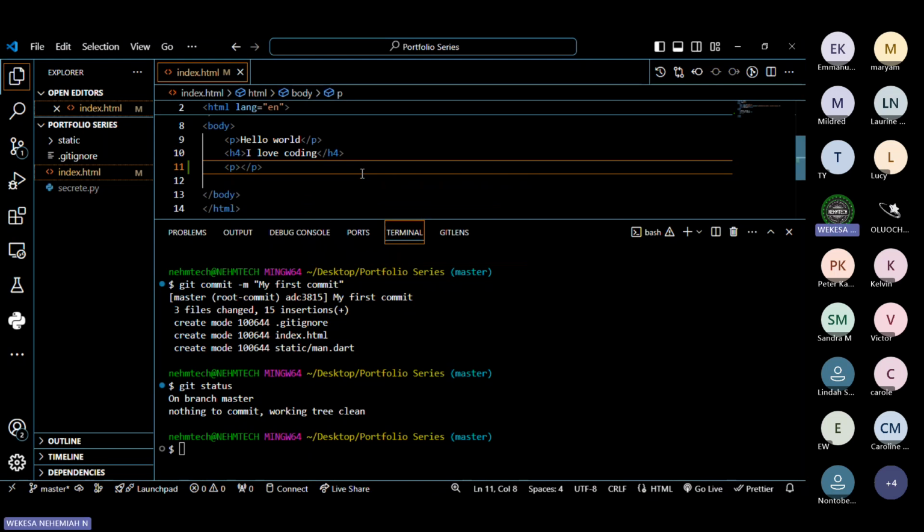You can see, because I'm using the git lens, it's telling me automatically here